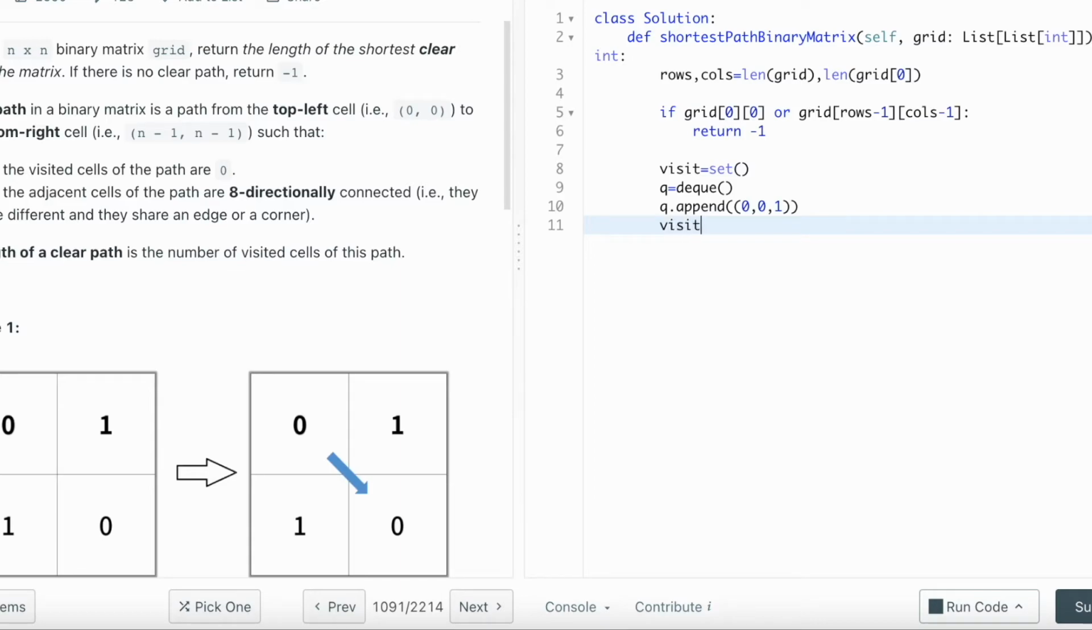And then I want to add the cell of 0 to the visit set first, to make sure that I don't visit it again. So later on we're gonna have to use directions, because what I wanted to do is visit all 8 directions. So let me just add the directions in here, and all the 4 directions are 1 0,